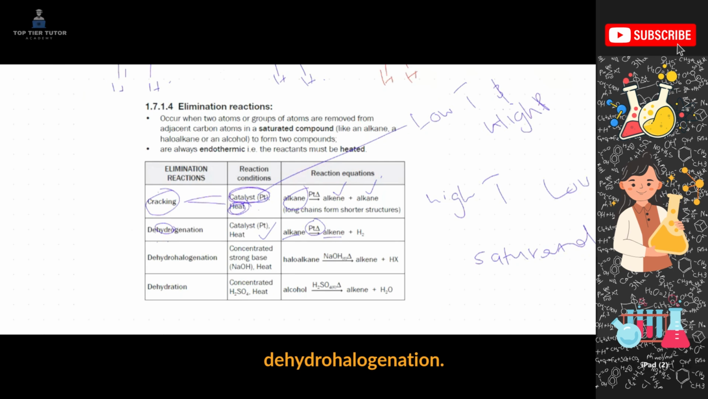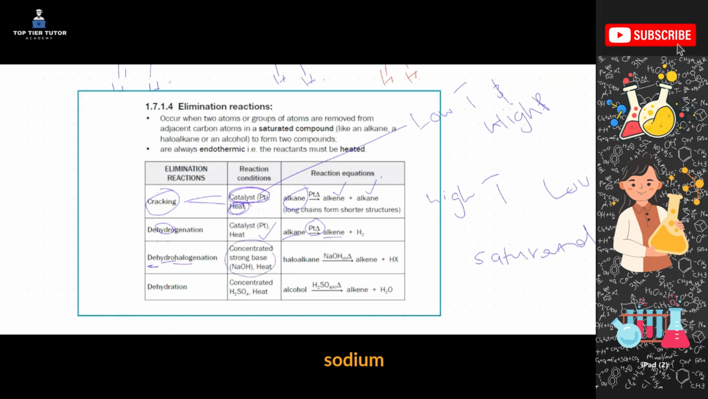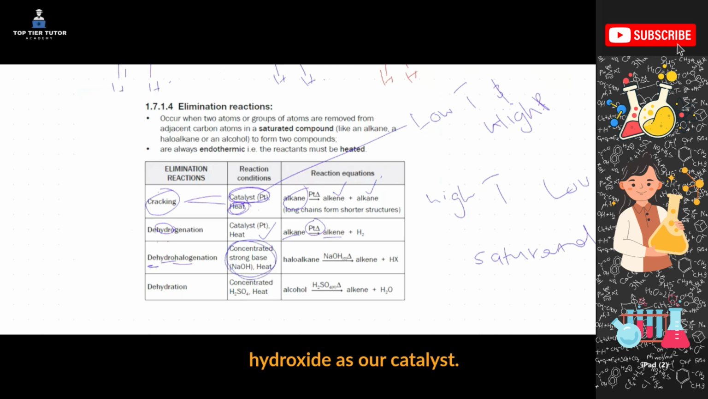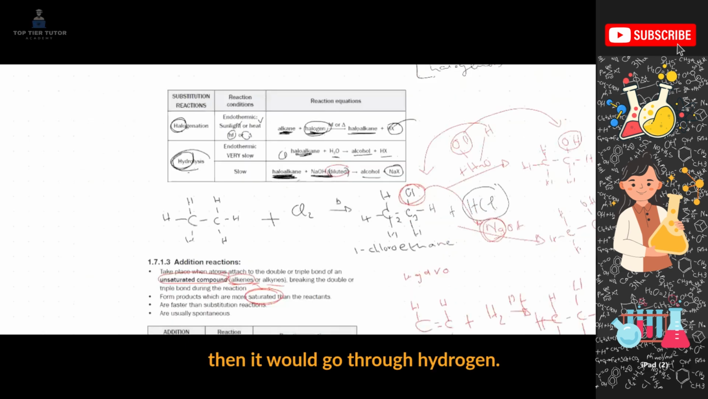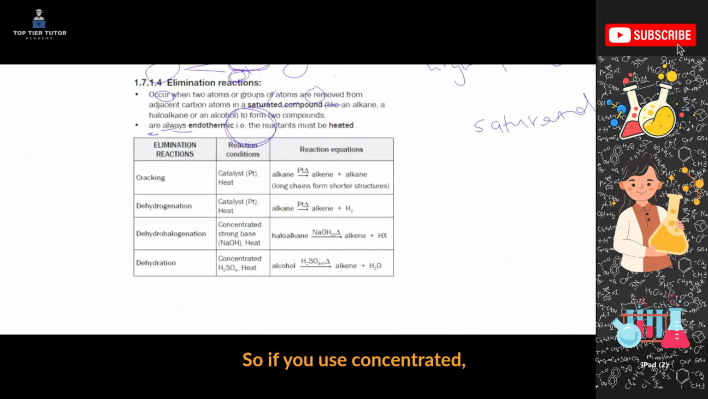Then we have dehydrohalogenation. So we are now removing a halogen and a hydrogen. Very important, we are using concentrated sodium hydroxide as our catalyst. We understand that if we were using a dilute one, then it would go through hydrolysis, right? Not through elimination. So if you use concentrated, you're removing. If you use dilute,